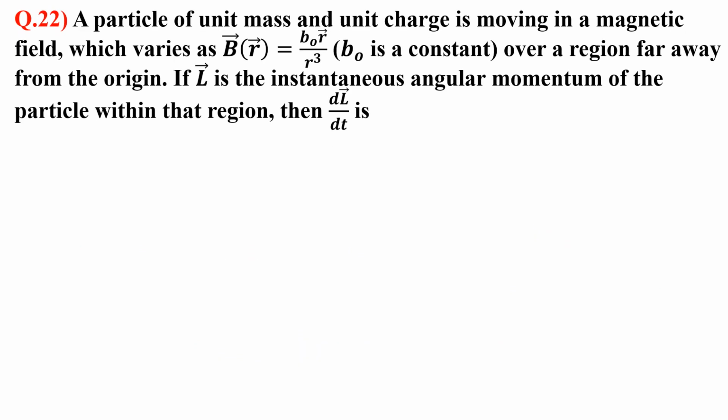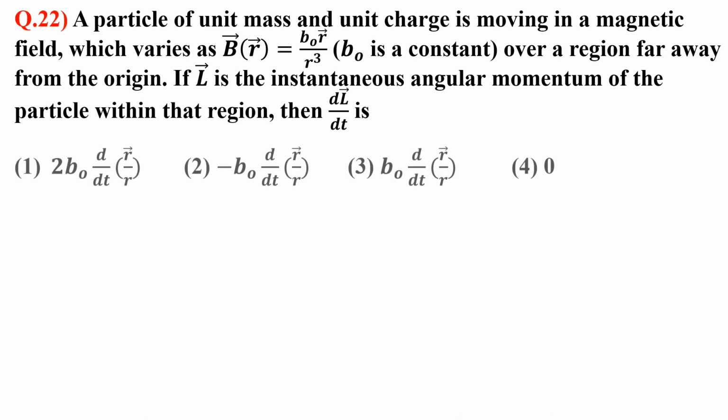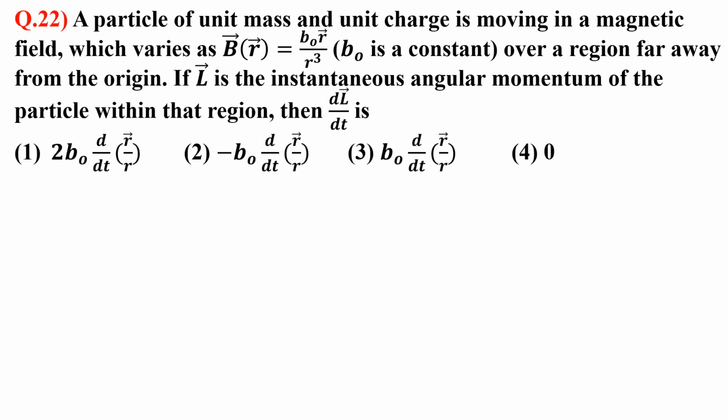Question 22. A particle of unit mass and unit charge is moving in a magnetic field which varies as B vector as a function of r vector equals B naught r vector upon r cubed, where B naught is a constant, over a region far away from the origin. If vector L is the instantaneous angular momentum of the particle within that region, then the derivative of L vector is: option 1, 2 B naught d/dt of r vector upon r; option 2, minus B naught d/dt of r vector upon r; option 3, B naught d/dt of r vector upon r; option 4,